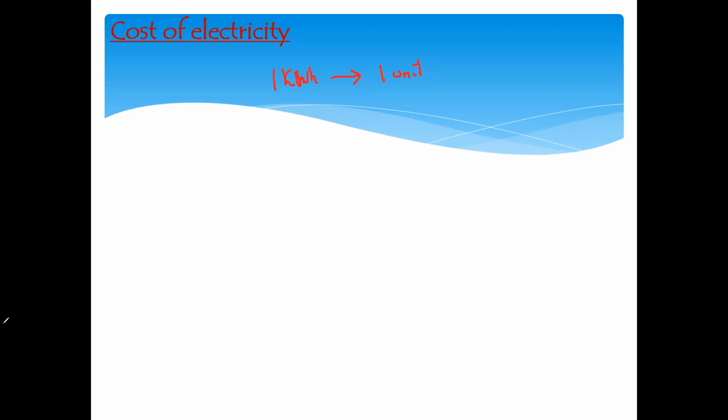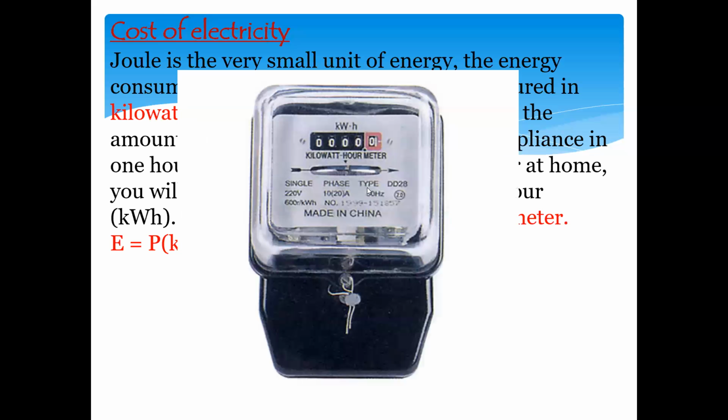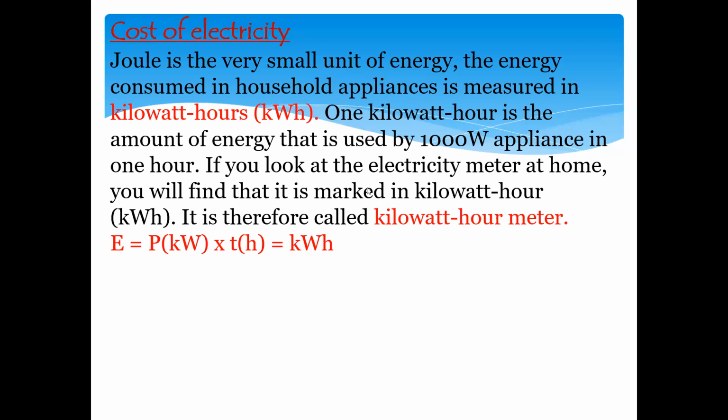So when we consume 1 kilowatt hour of electrical energy, we say we have consumed 1 unit. And however many kilowatt hours of energy we consume, we multiply by the cost of the unit, and we get the total cost of electricity. So like you can see here, an electrical meter is there. So if I say